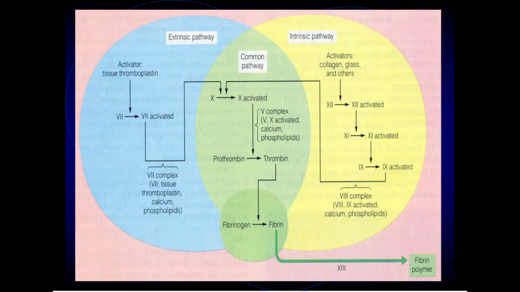And the yellow one shows the intrinsic mechanism or intrinsic pathway. It is also a proteolytic cascade, which results in the activation of factor 10. Then factor 10 activated will initiate the conversion of plasma clotting factor prothrombin to thrombin,